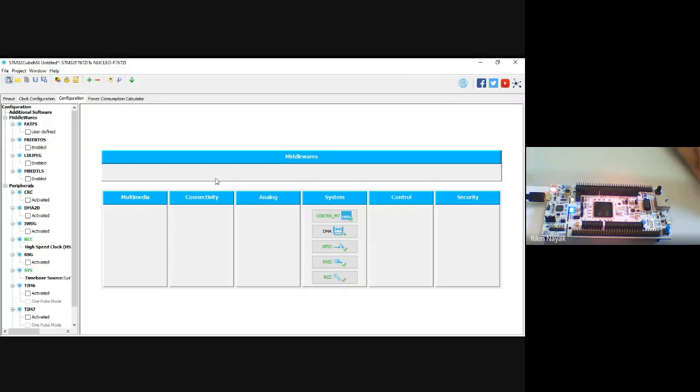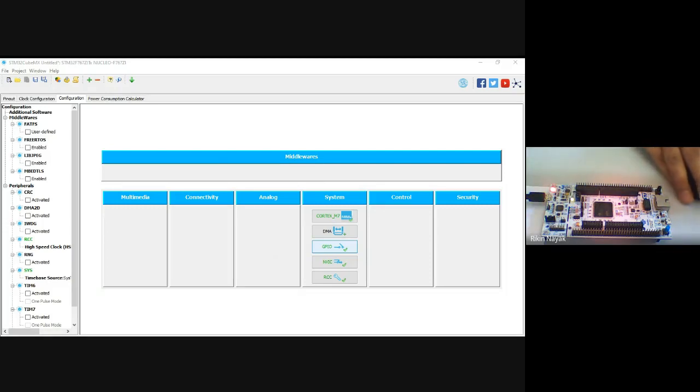Next is configuration. Here you can select GPIO in system, and here you can see PB7, which we have already configured. When you click on this pin, you have this option, the settings. In user label, we will give a fixed label. Let us give the label Charusat, right?